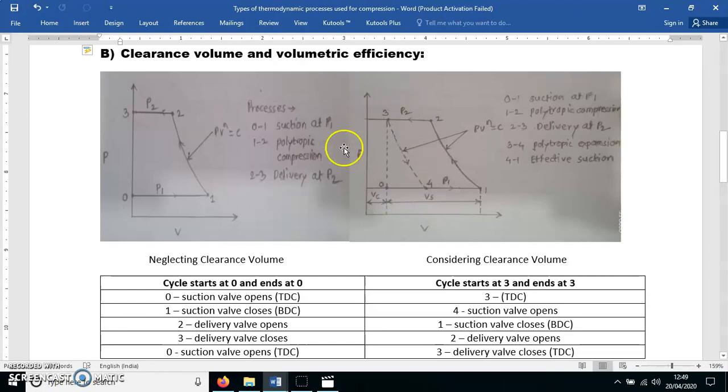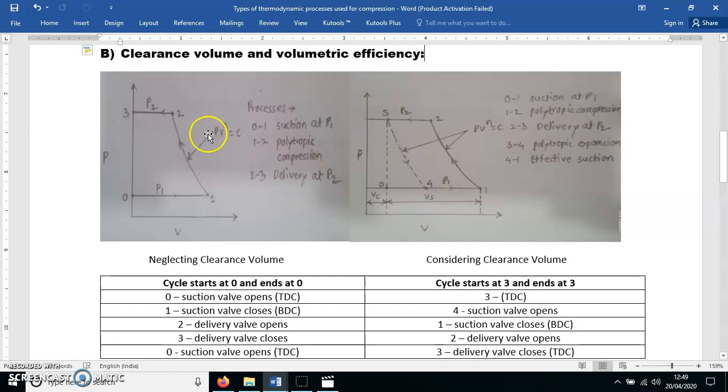So you can see here in this figure, the 0 represents top dead center, 1 represents bottom dead center, the y-axis represents the cylinder head, this Vc is the clearance volume, and Vs is the stroke volume. So what is the theoretical suction? The volume available for the suction is from 0 to 1. It is indicated by the letter Vs. But practically, the suction valve opens at this intermediate position, which is shown by point 4. See here 3 to 4. It is the expansion of that residual air which is deposited inside the clearance volume.